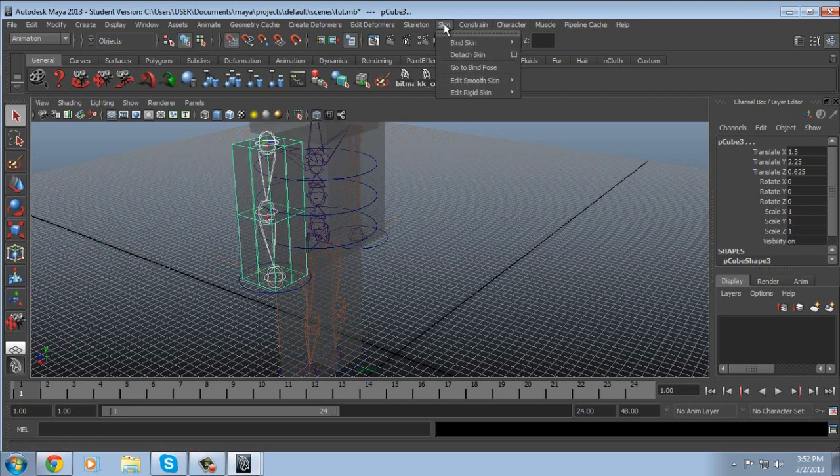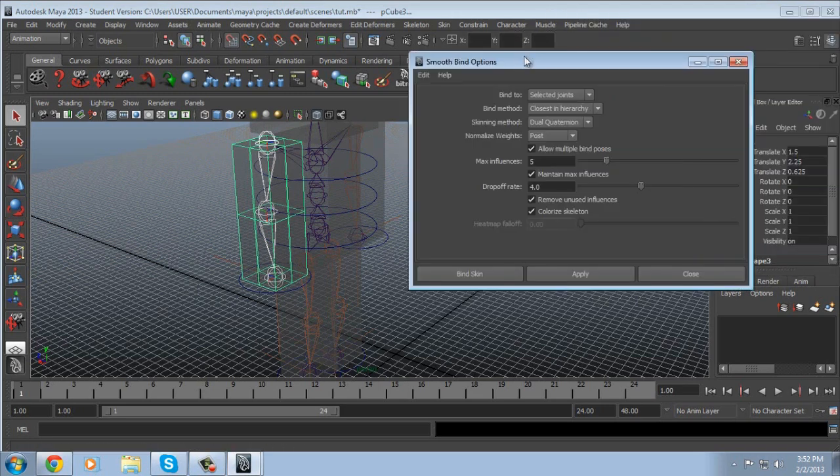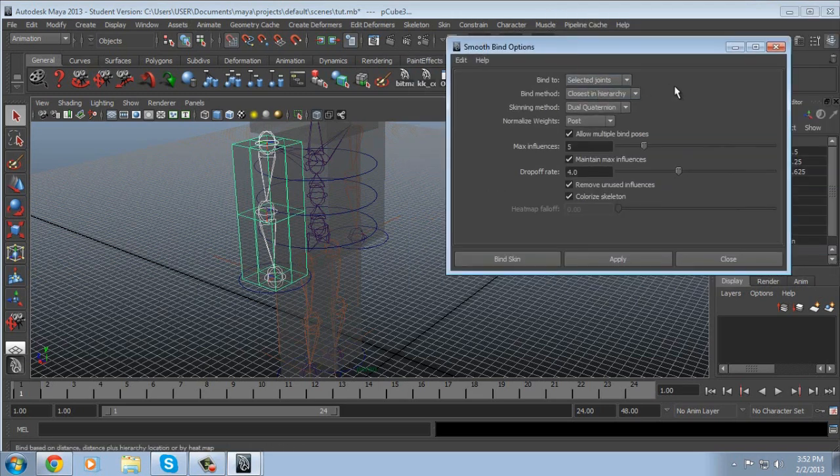Then you want to go to skin, bind skin, smooth bind, and click on the square beside it. Make sure your settings are like this exactly. Bind to selected joints, bind method, closest in hierarchy, skinning method, dual quaternion, and normalize weights, post. Allow multiple bind poses, make sure max influence is on 5, maintain max influences on 4.0, and remove unused influences